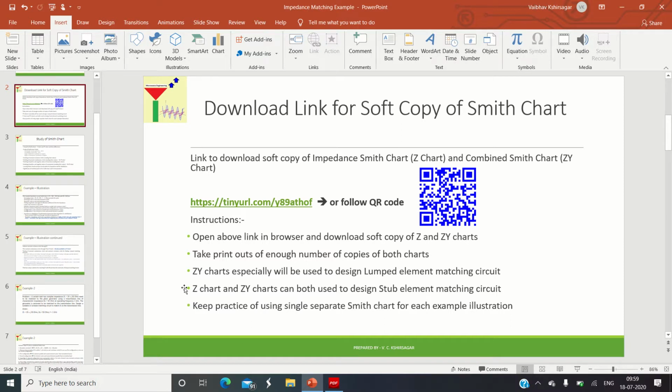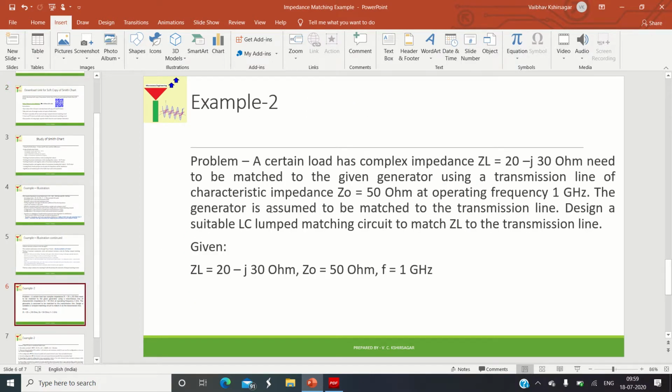So today we will solve another example of the same type, but here we will make use of the second configuration of matching circuit. We recall that which configuration of L-shaped matching circuit is used depends on the location of the normalized impedance point. Whenever the normalized impedance point is located within the 1 plus jx circle, we will use the first configuration. Otherwise, we will go for the second configuration. So today we will solve this particular example.